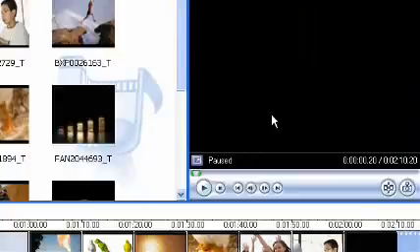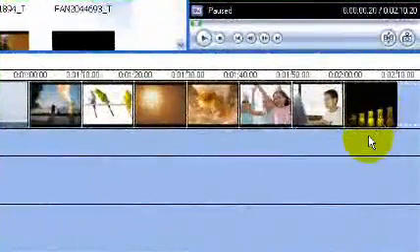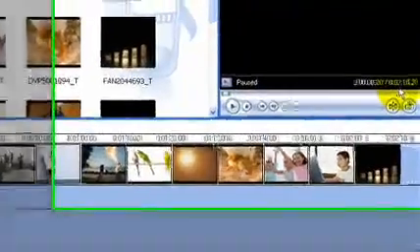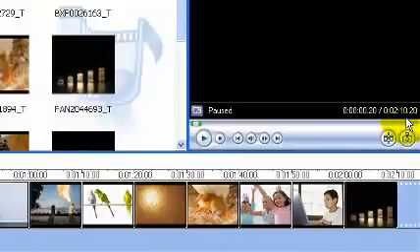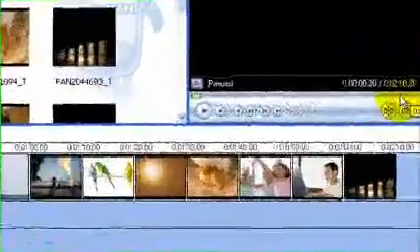In video 1 we talked about adding pictures that you've collected from the internet that are suitable for your script. So here are my 10, or actually I think I have 13 pictures here from the scripts that I have written. Each one is 10 seconds long, and if you look up here you will see 2 minutes and 10 seconds is how long the video is set to go for, because of the 13 pictures at 10 seconds apiece. So the first thing we're going to do is we're going to reduce that time because we're going